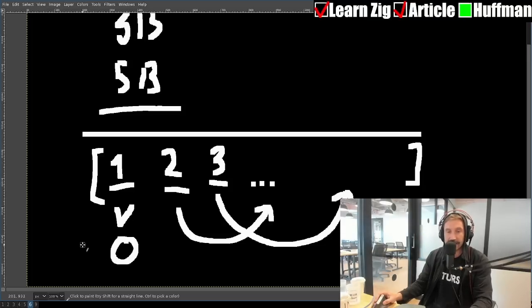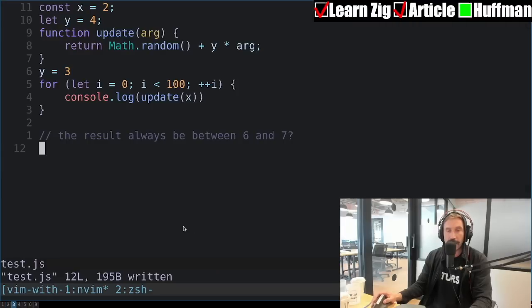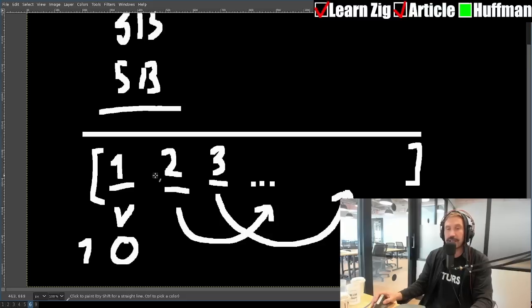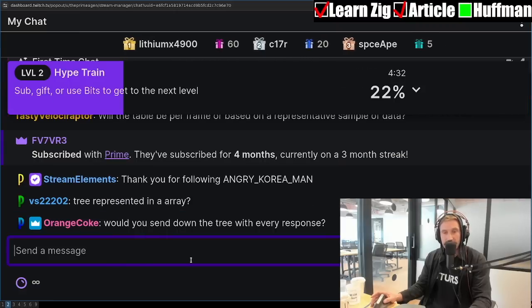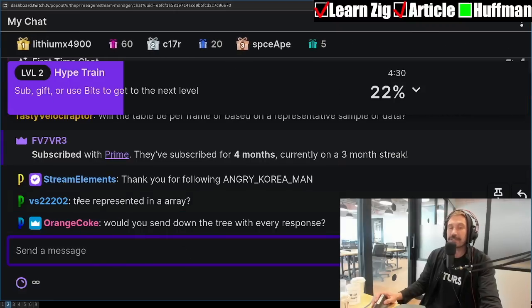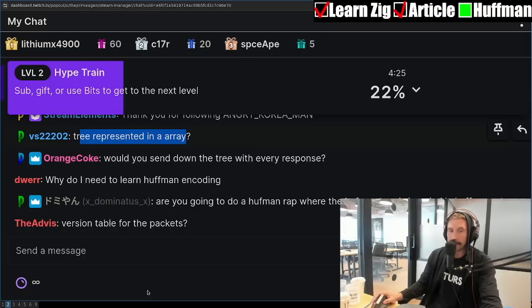If it's not a 0, if it's a 1 or bigger, then I know it is a value. Or I know it's a value if 2 and 3 are zeros, then I know that this thing is a value and it's value 0. Does that make sense? A tree represented in an array effectively, but it's not a heap.